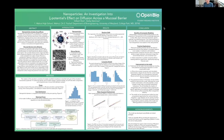So in our complete model, we see that as we increase the particle charge, we end up having more particles failing in our simulation for every time step, right? If you see in figure 3, the amount of particles that make it to the end slowly decreases, and we also calculate mean squared displacement in order to track